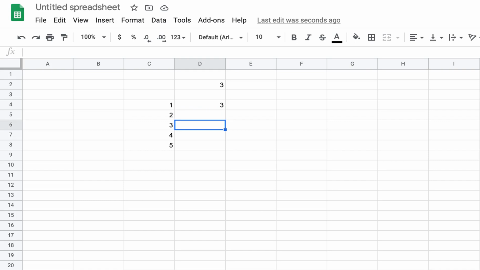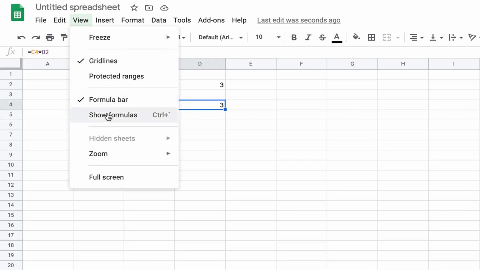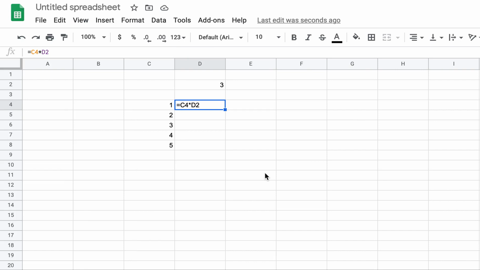Since in this formula, as you can see, let me open the formula view for your convenience. In this formula, since it is using two references, C4 and D2, if you do a simple copy paste, what will happen? If you go down, C4 will become C5, but D2 will also become D3, right?